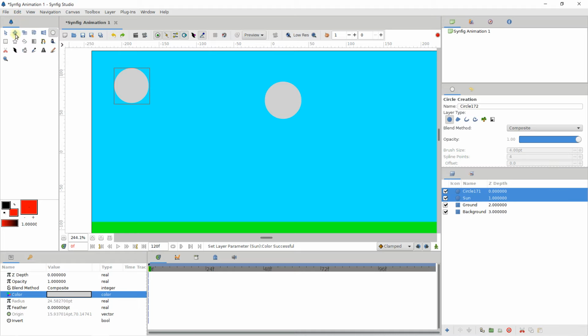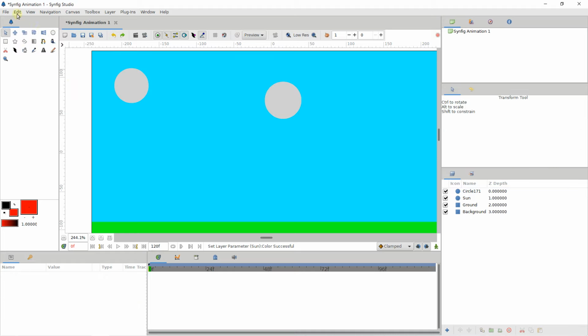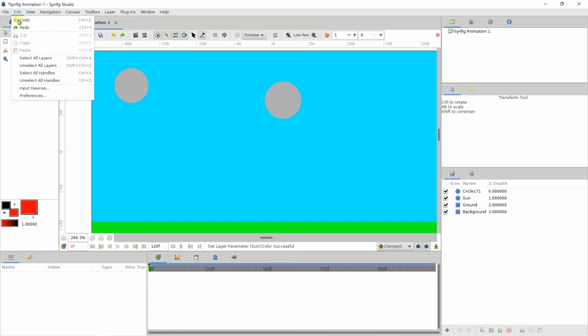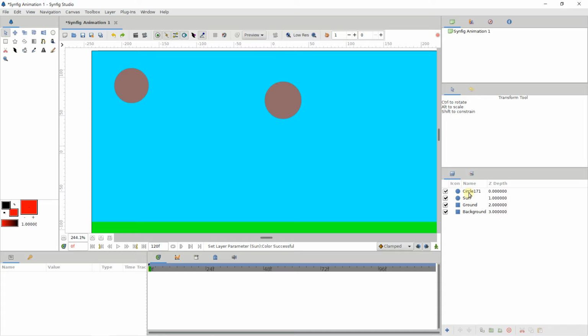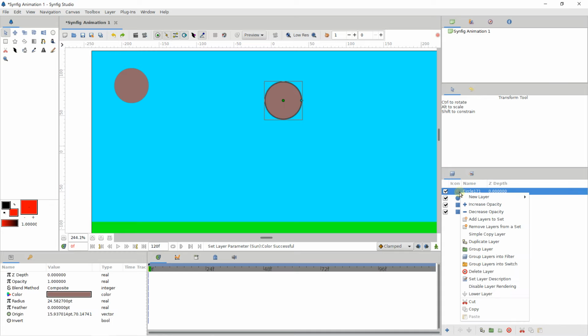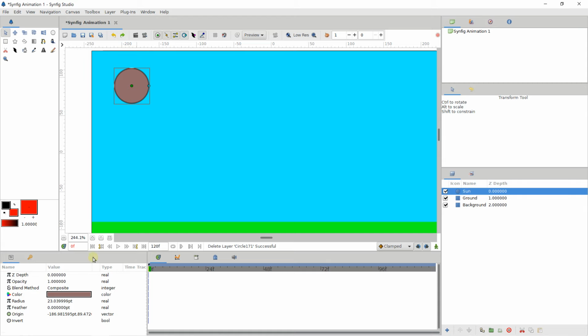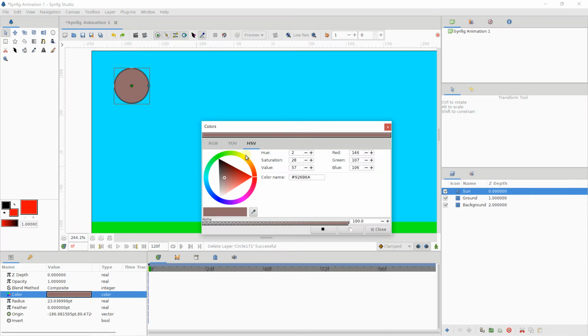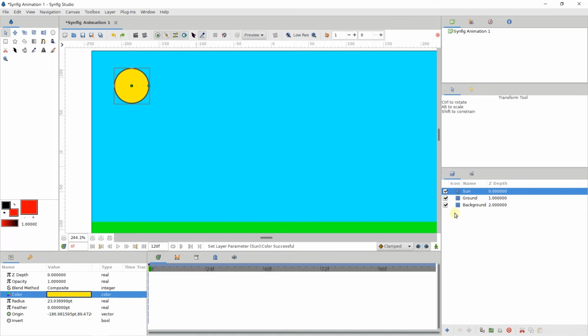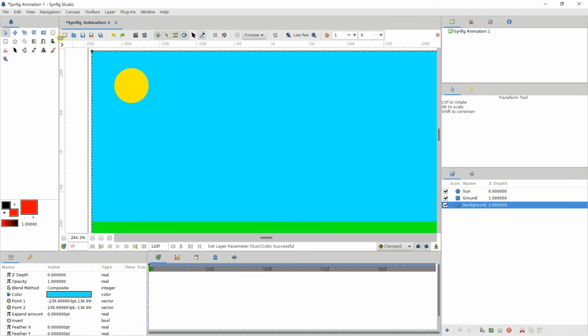It's not really good. Let's just select everything. Let's come back a little bit with my panels before changing that. Sometimes it can take a little time because I changed the color like this. The best thing to do is to click on the circle and delete the layer. I'm going to come back on the sun and change the color again. Yes, just like this. So first, deselect everything.